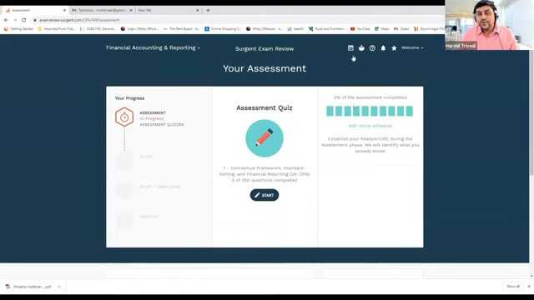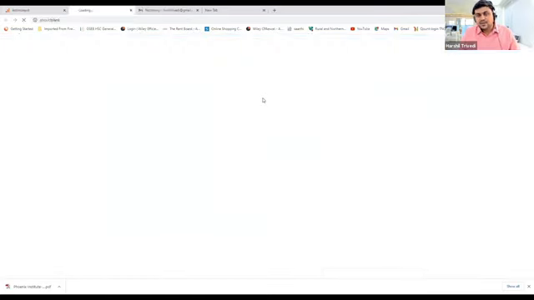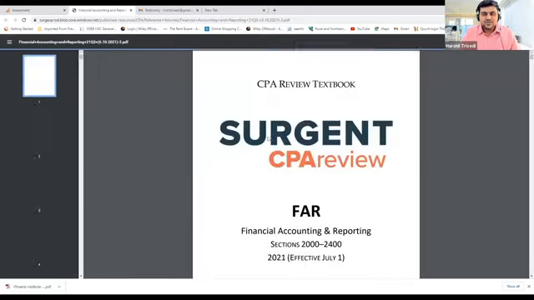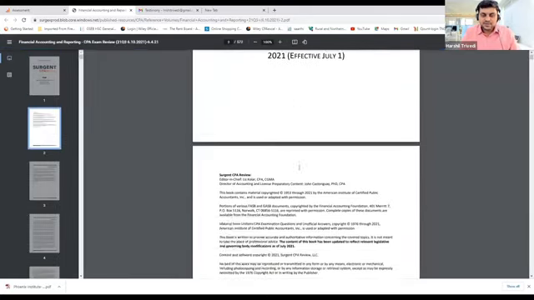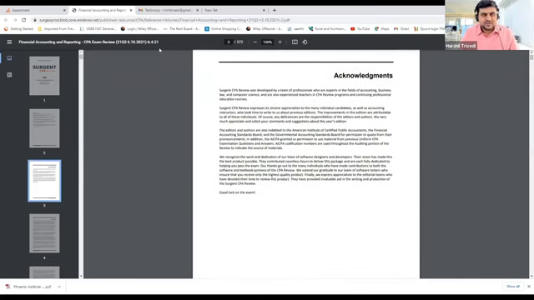If you want to refer to anything, books are available over here. You can get updated books. We are going to give you printed books as well, but if you want the soft copy, the books will be available over here. This is a really detailed curriculum, so you will definitely love these books. It is very crisp and really detailed.